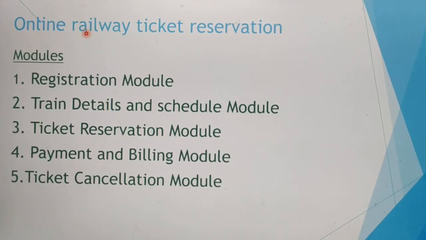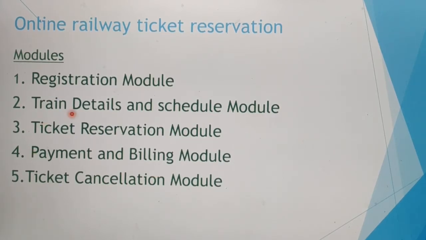Given a simple example for a project. Project is nothing but a program. Here I have divided it into 5 modules. What is a module? Module means splitting of a program, called a module. Why do we have to divide the program into modules? We are dividing the program into modules for easy implementation, easy reusability of code, and debugging process.